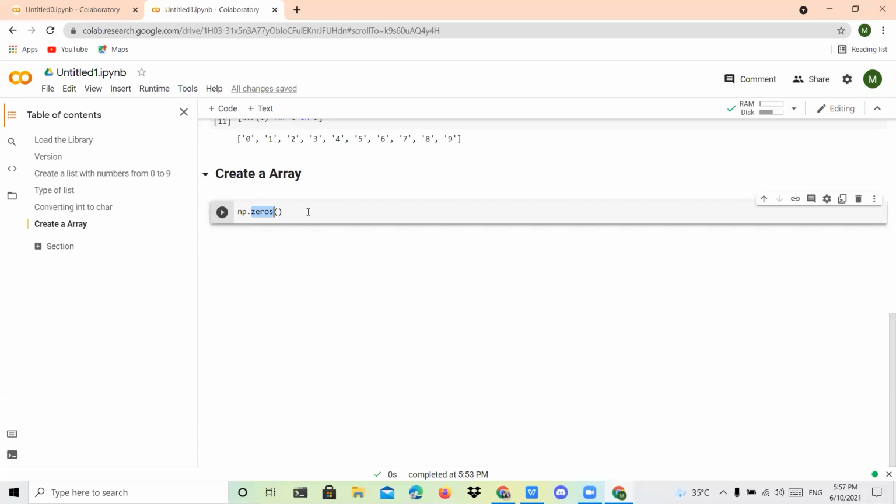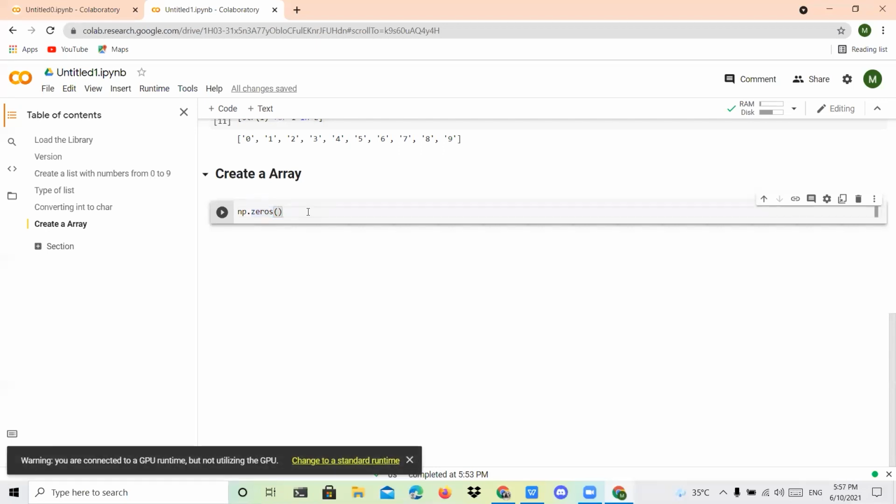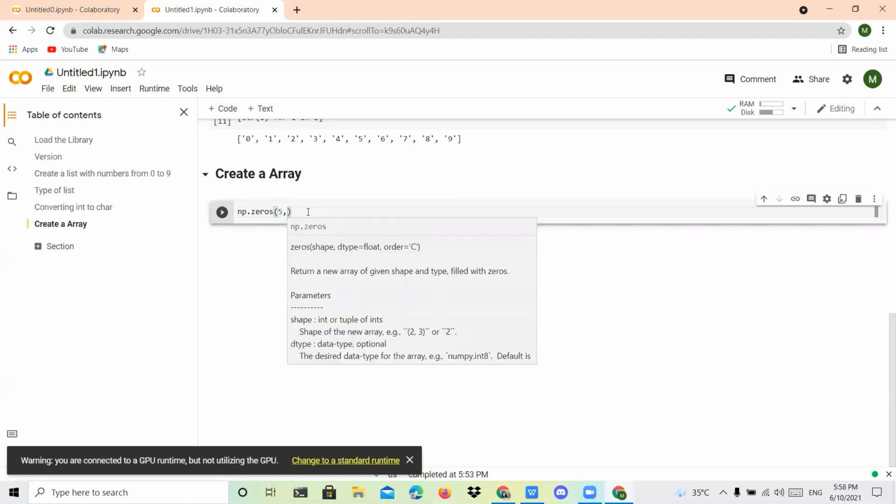We have four formats of array creation. This is the first format. After zeros, within the brackets, you have to mention two parameters. The first parameter should be the size of the array, so I'm going to give 5, followed by a comma operator.